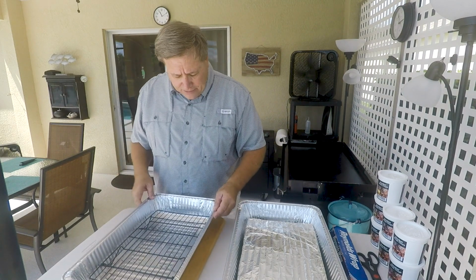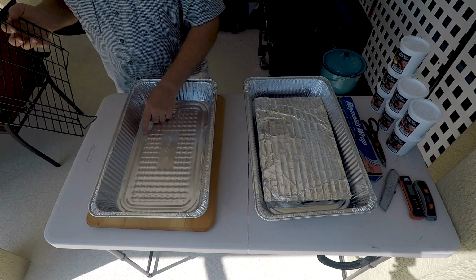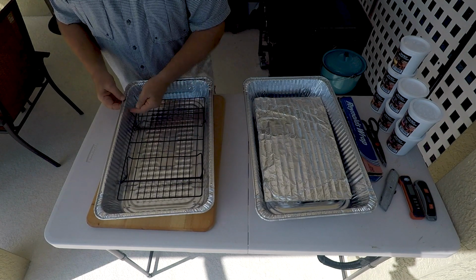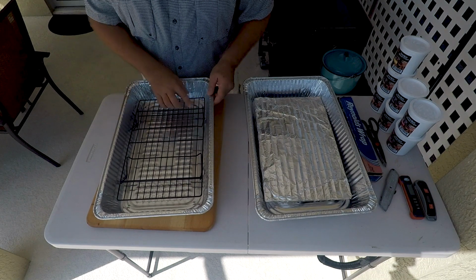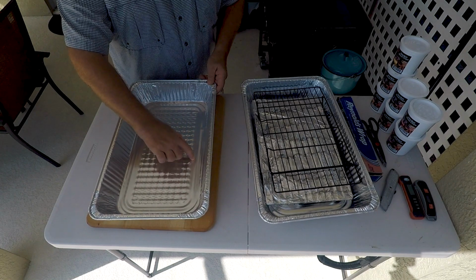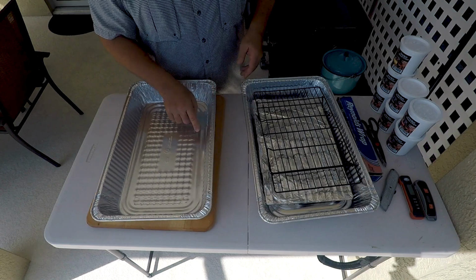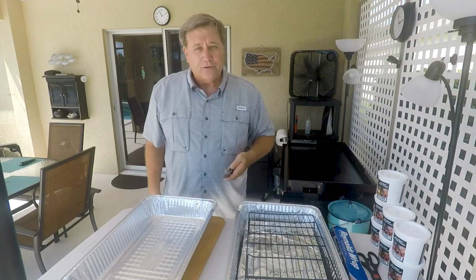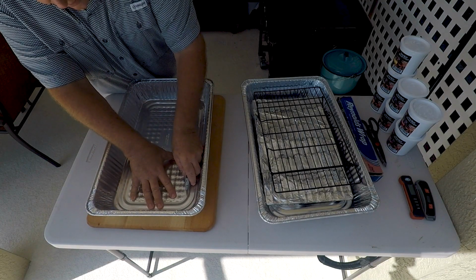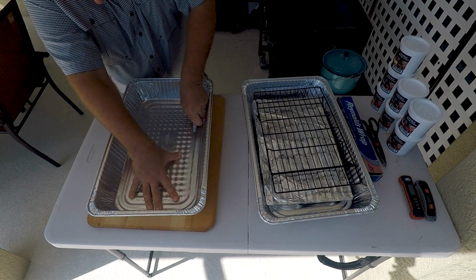So when I look at this, I can see that there's a line there and a raised part there and a line right there. So let's see where that fits. These legs actually fit right up against the side. So if I just come in, let's say, right to this line right here and make my cut, the legs are going to be out here. So I'm just going to use a razor knife, a box cutter, and make that cut right along there, all the way through. Just come straight back,